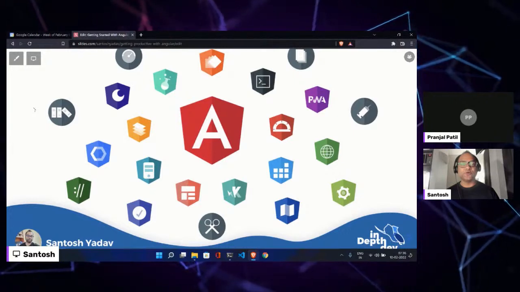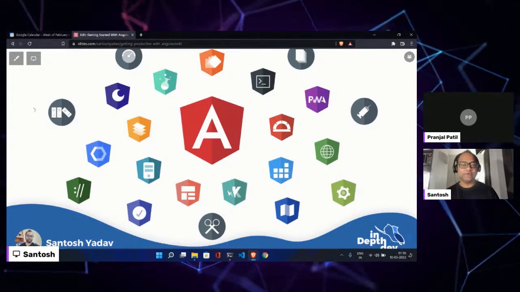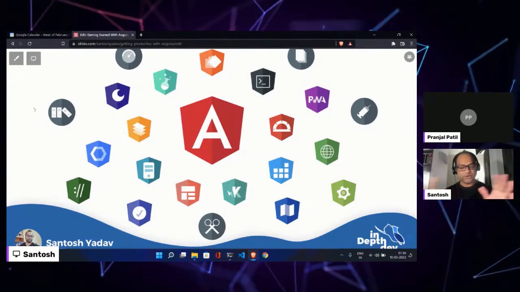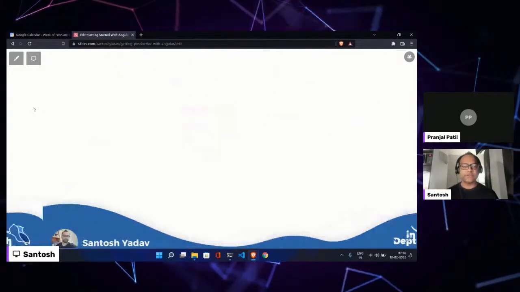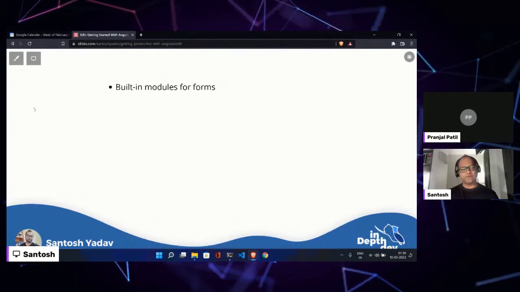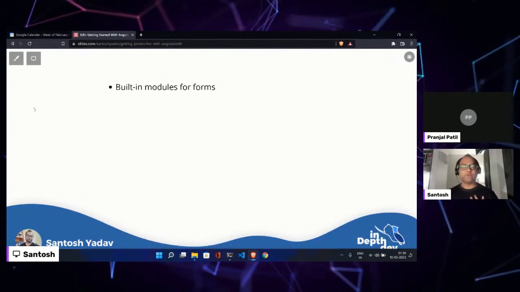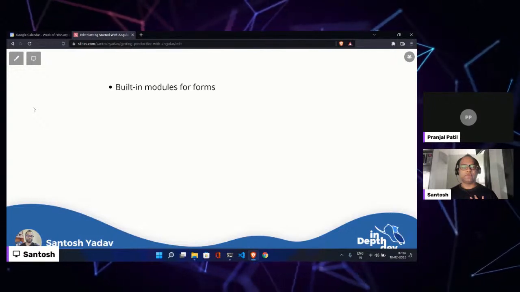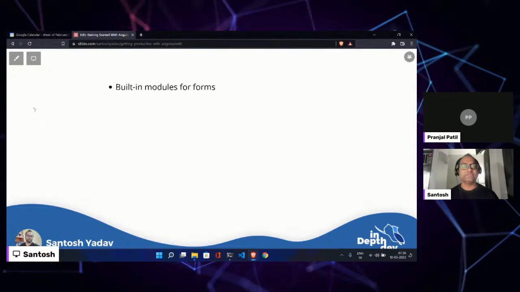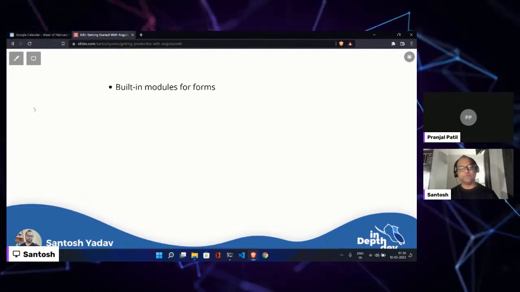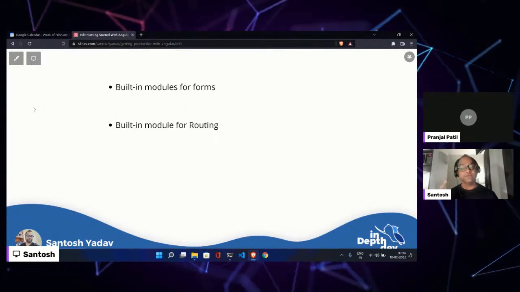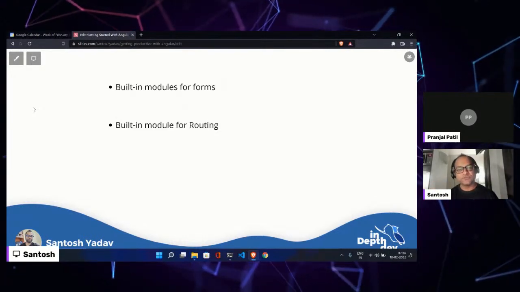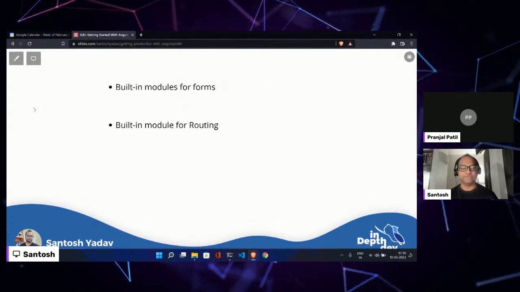But as I said, Angular is created keeping productivity in mind. So it has a lot of tools to support you to build your application from scratch and take it to production. So let's go ahead and get started. Angular has a built-in module for forms. Generally, when you choose any web stack or web framework, you have to figure out which form module or which form library to use. For example, if I go to React or Vue, I have to go and search for them. But Angular comes with a built-in module for forms, and they come with two types of forms. So they let you choose whichever you are comfortable with, and just use that.